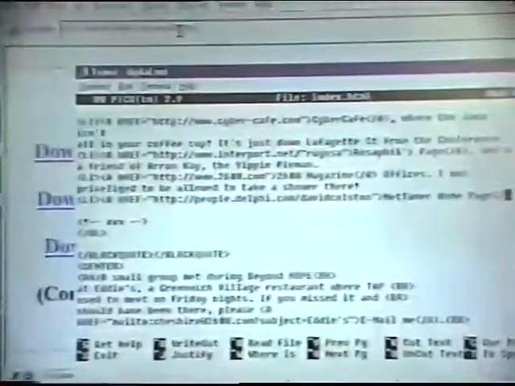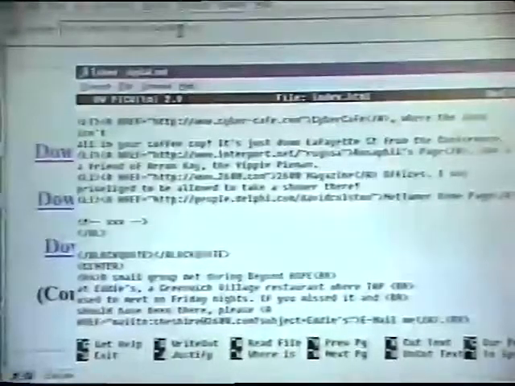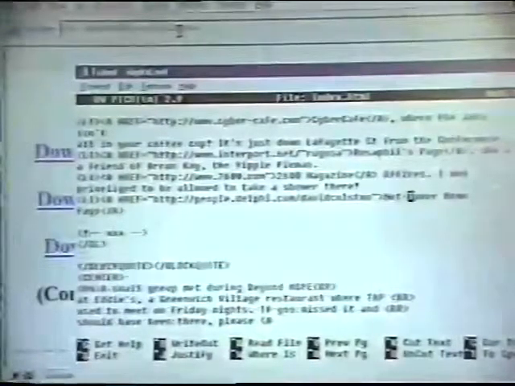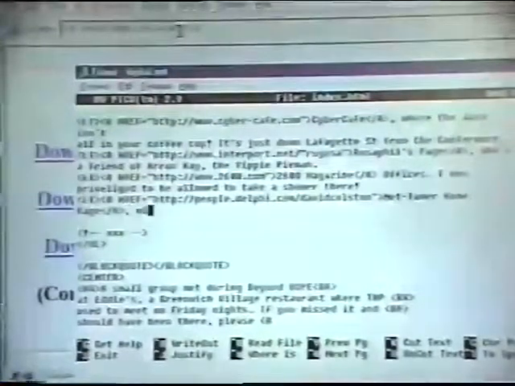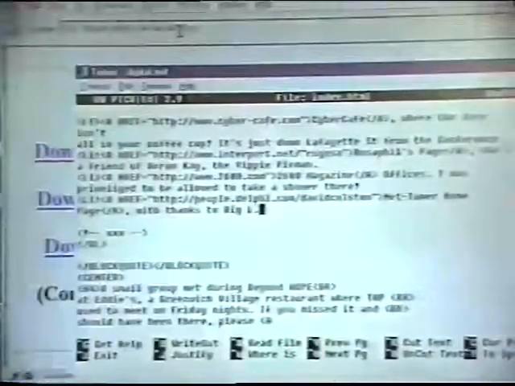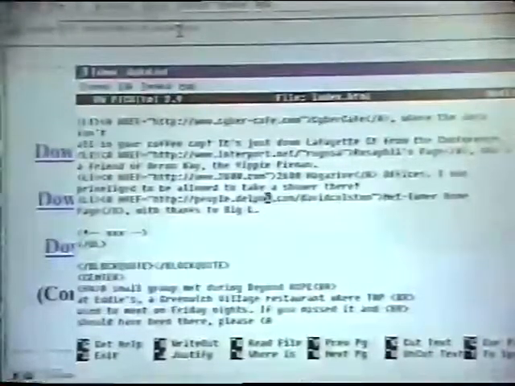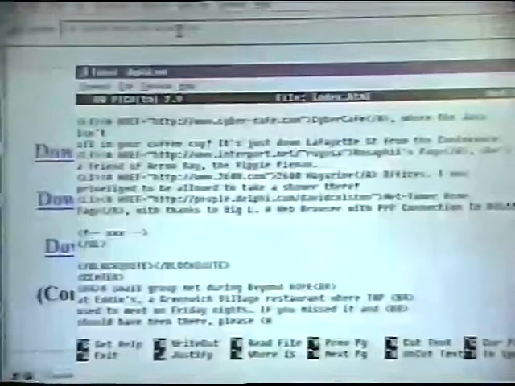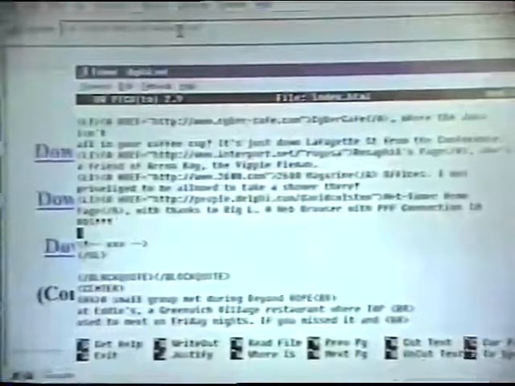NetTamer home page. Oh, okay, there's a dash that's supposed to go there? Well, that's the way they spell. Okay, if they spell it that way, that's how it should go. Home page with thanks to, what do you want? Big L? Big L, okay. But put down the description that it's a DOS PPP program. Okay. You know what it is. A web browser with PPP connection in DOS. Bang, bang, bang. Okay, so now Control O to write,